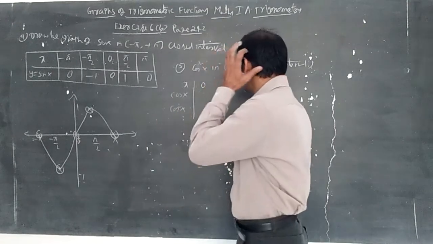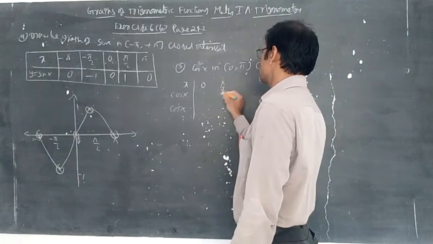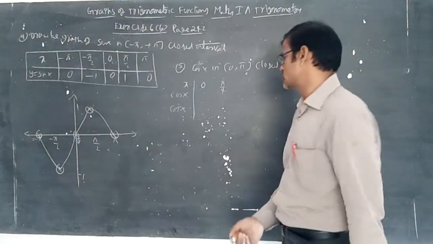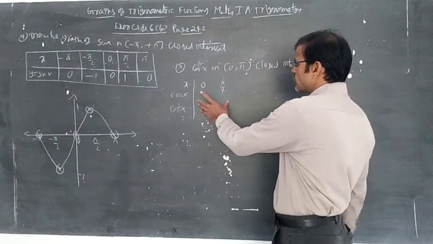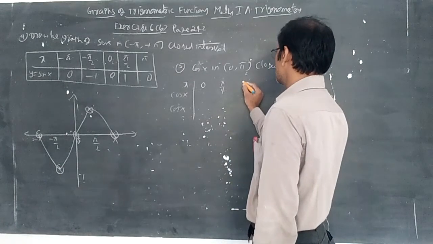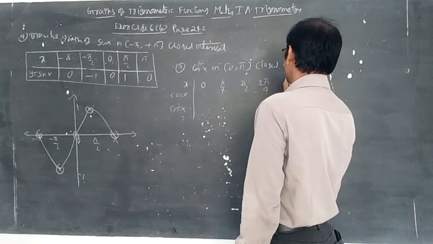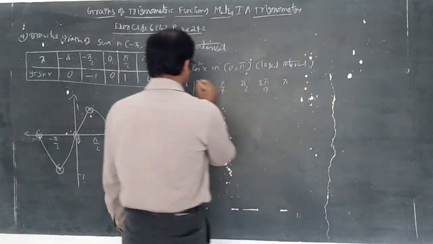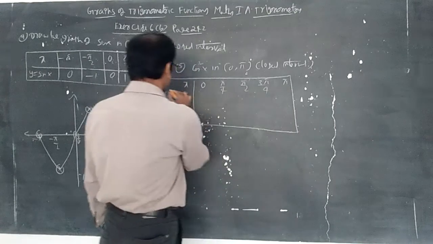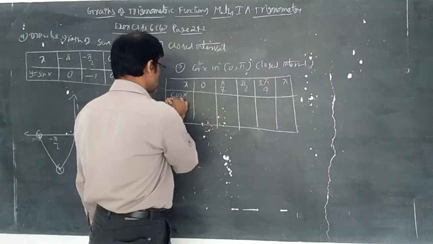For x you can take a 45 difference: 0, pi by 4. Of course, for table values you can also take 0, 30, 45, 60, 90, 135, that is your wish. But the graph will be in a good position if you take the same difference. So 0, pi by 4, pi by 2, 3 pi by 4 and pi, a 45 difference each time. He is asking about cos square x. Whenever a square is there, every value is positive, whatever the result we get.